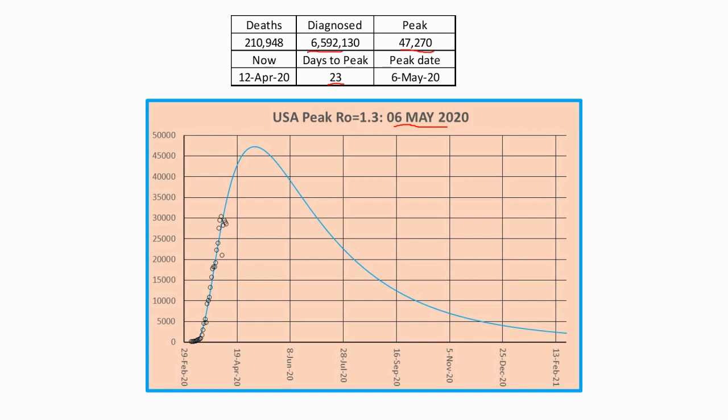The total at the end of the wave will be 6.5 million diagnosed, and using a 3.2% CFR, which is reasonable, we get a death count of about 200,000,